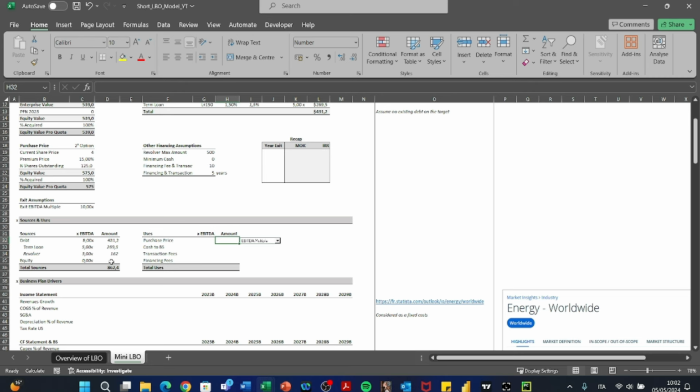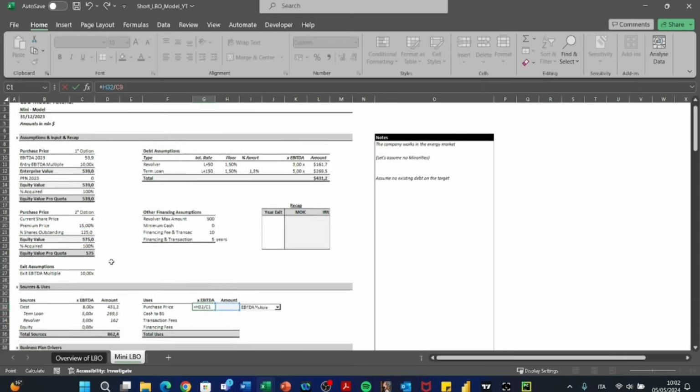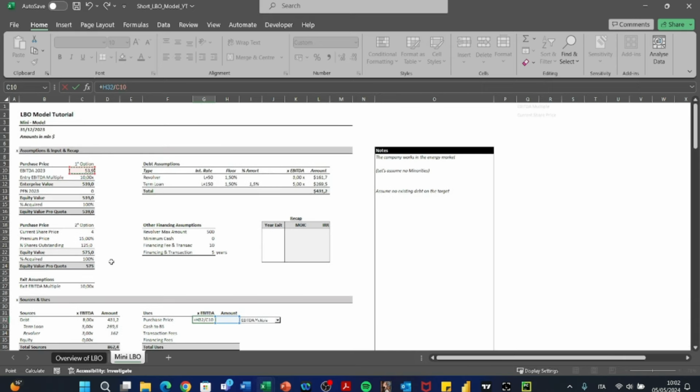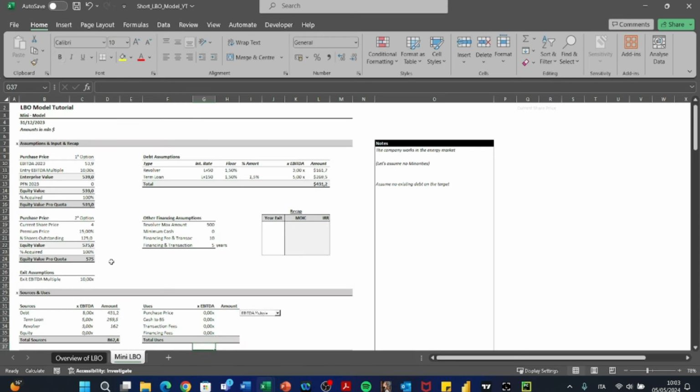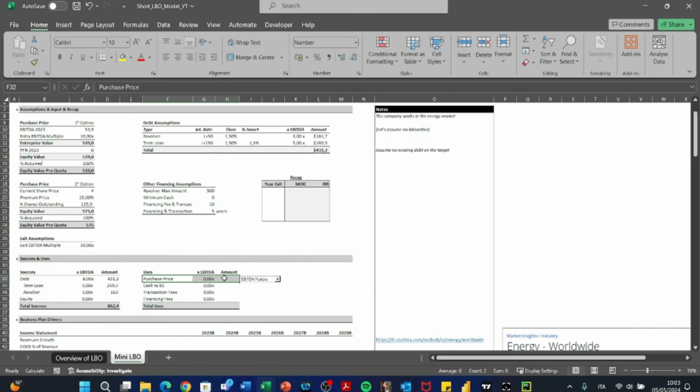Okay, so about the purchase price before, here I'd like to make this cell a choose. Okay, I'm going to show you how this works